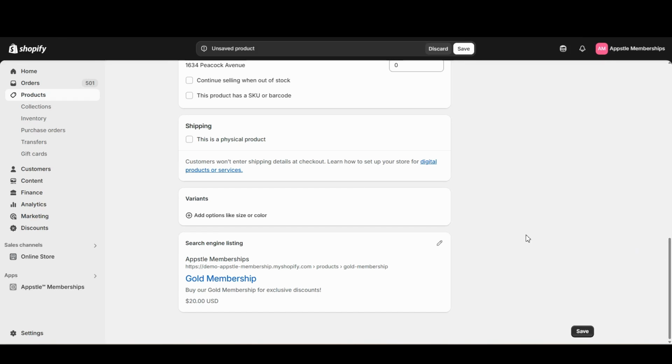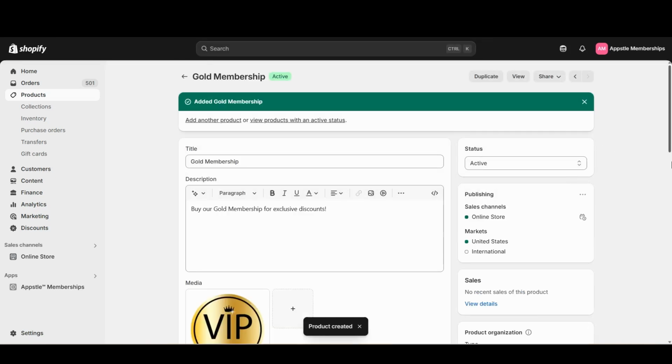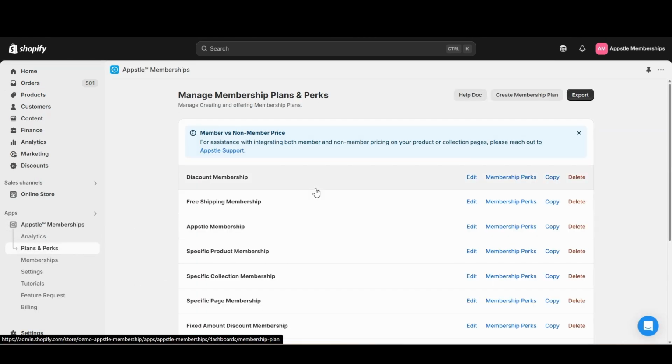Now that we've finished our product listing, we'll go ahead and save it. And then now we can go back to the Appstle Memberships app and add it to our existing membership plan. From the Appstle Memberships app, we can go to the Plans and Perks section, select an existing membership plan, select Edit,